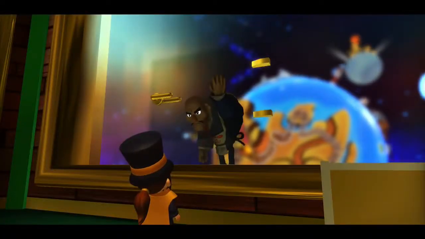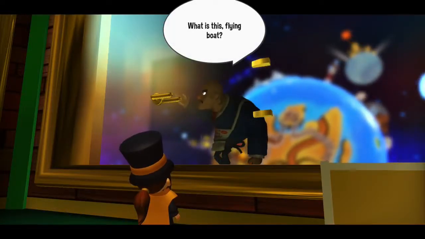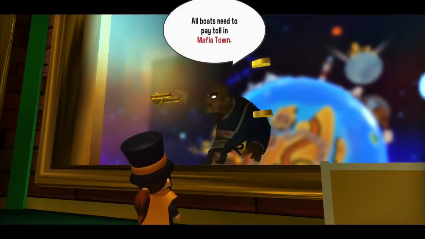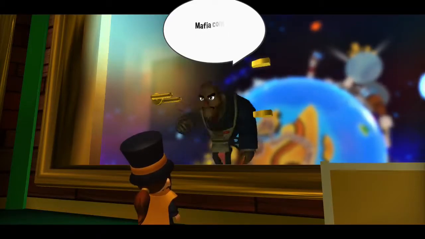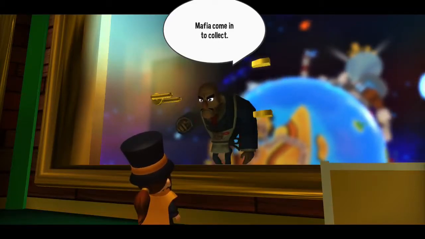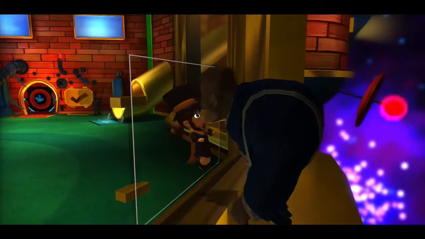And asks for a fee because you're passing through Mafia Island, and every spaceship has to pay a fee to the Mafia. Now, Hat Kid refuses the offer in a scene that makes